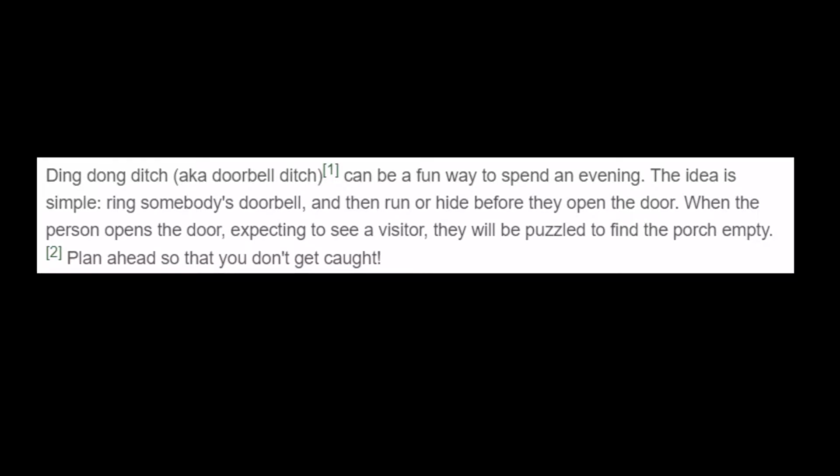All right. So WikiHow is going to tell us how to play Ding Dong Ditch. Because I always screwed it up. I always ran up to the door and knocked and stood there. It was always awkward. I always screwed it up because I never treated it like the game that it really was. It's a sport really that you need to take seriously, and so we're going to learn the ins and outs today. And we start off with the very technical description here that Ding Dong Ditch, aka Doorbell Ditch,